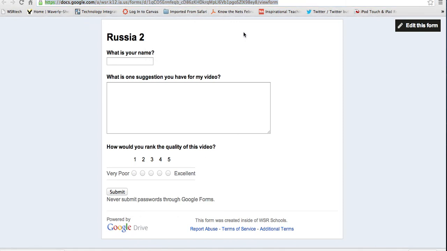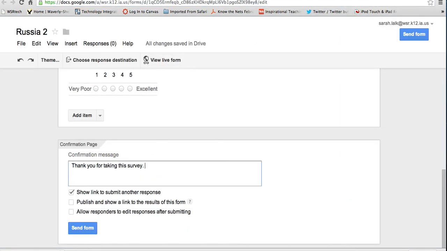You'll notice that it actually opened a separate tab when you went in to view it. To get back, you're going to have to click on the other tab to get back in. Your teacher may want to see your form. If that's the case, you're going to go to,